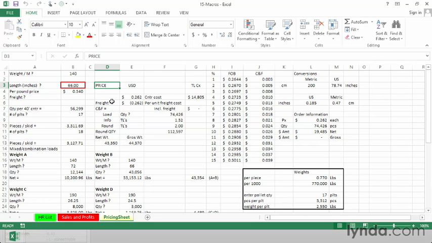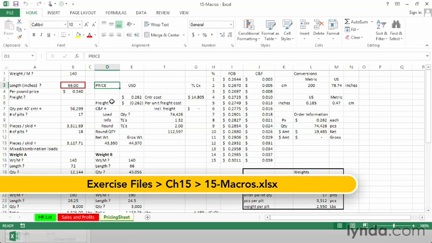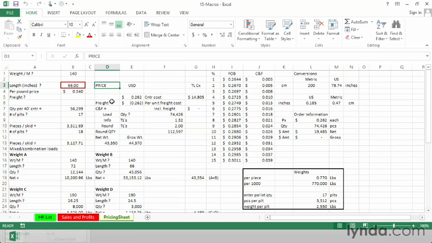To activate a macro, run a macro, execute a macro, play back a macro, the terms are all pretty much synonymous. In other words, make your macro do what it needs to do. The most common way to execute a macro is by way of a keystroke shortcut, at least initially when you're